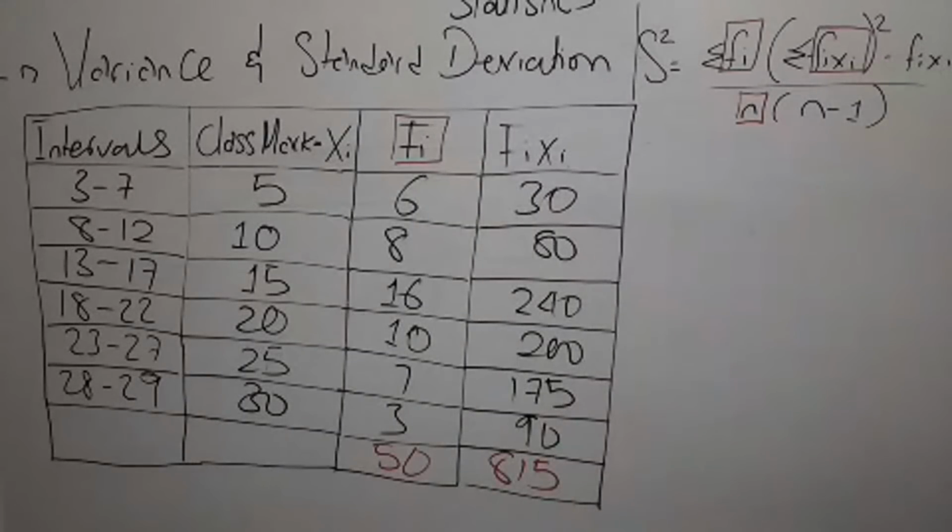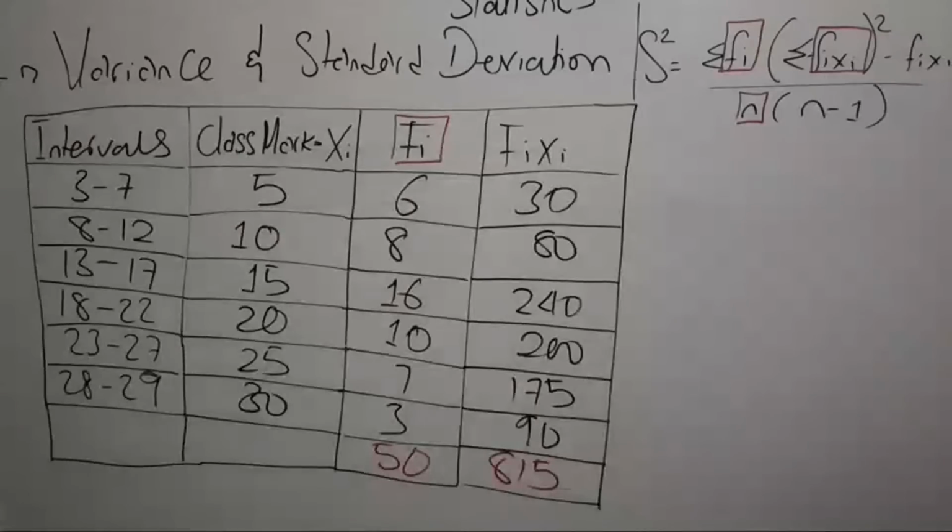Okay, yes, you are right, ma'am. Mrs. Regina has a point there. 28 plus 29 gives us 58. And if you divide 58 by 2, you're having,